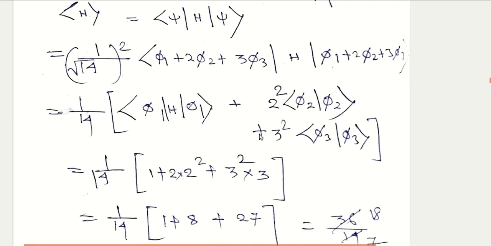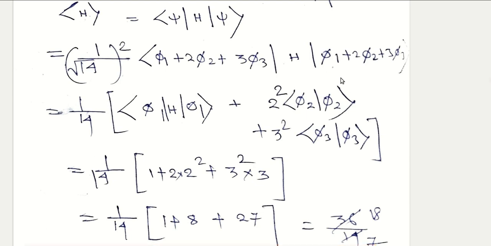Now if you write all of them, phi 1 with phi 1, phi 1 H phi 1, and other terms are 0 because of the orthogonality. Phi 2 acting on phi 2 will only give the non-zero term, so 2 square into phi 2,